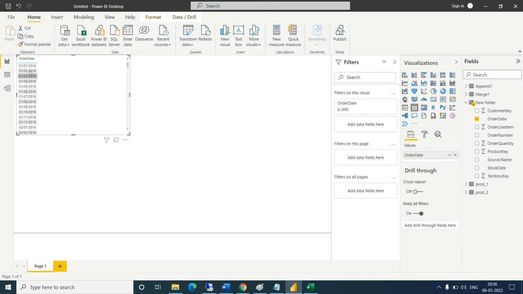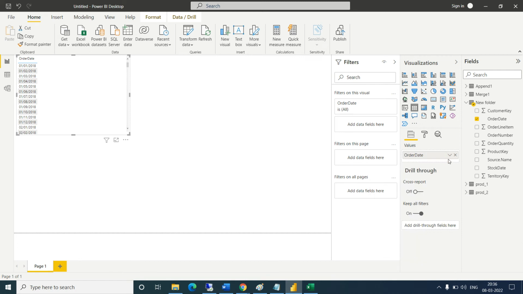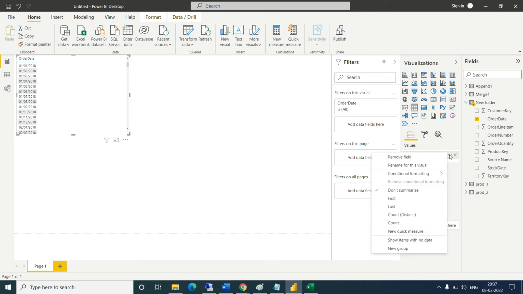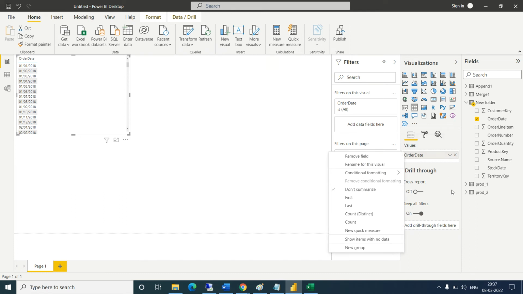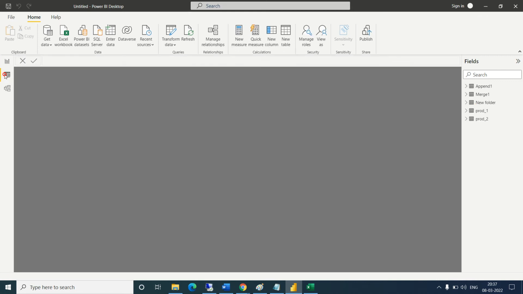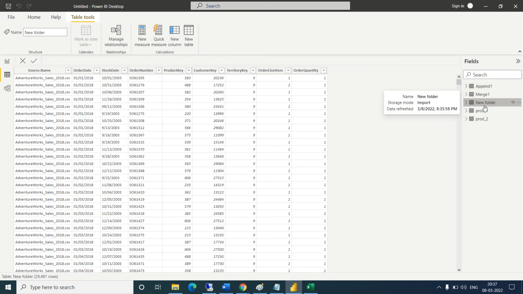So we got a date. I want to extract the year. How to get the year? Right now your date field is not in date format. How to convert it into date format? Go to the data view. This is the data view. Click on our new folder table.